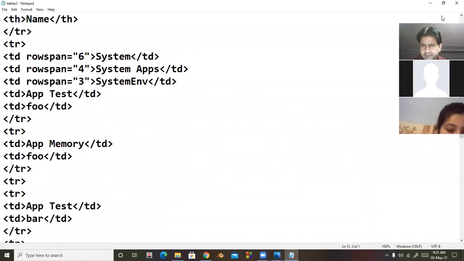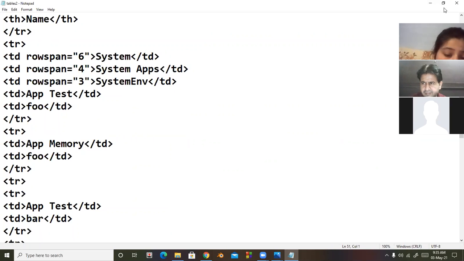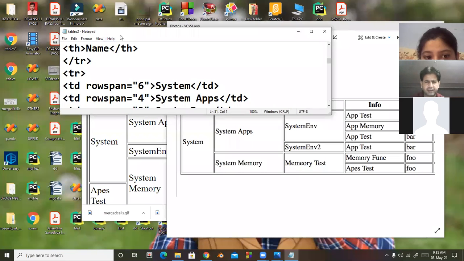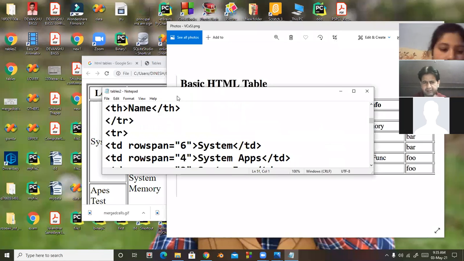Yes, Bhumika? Sir, like we added a caption in the previous coding, won't we do that in this coding? Because a caption is always center aligned, but this is on your left-hand side, so this is simply text. Okay. Okay sir. Thank you sir. Yes, I'm just checking your coding.